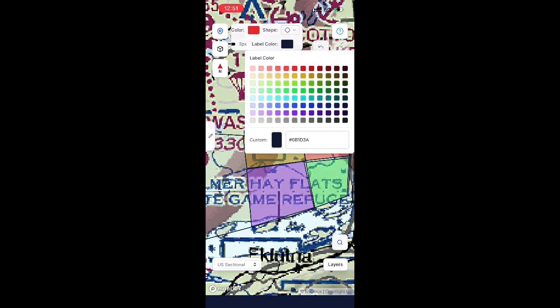I always recommend to people set your opacity to like 60 or 70%, just because when it's full, it starts to muddle stuff up on your map a little bit, and that's really for every software you're going to use. I'll match the label color to the color of the waypoint, and then what I'll do here is put the waypoint in, get off of there, select the waypoint, open it